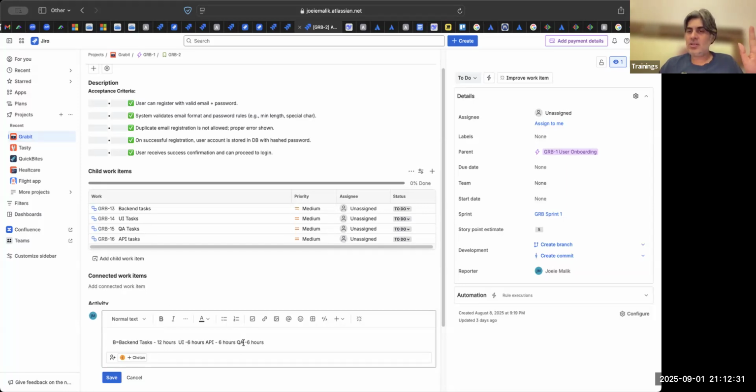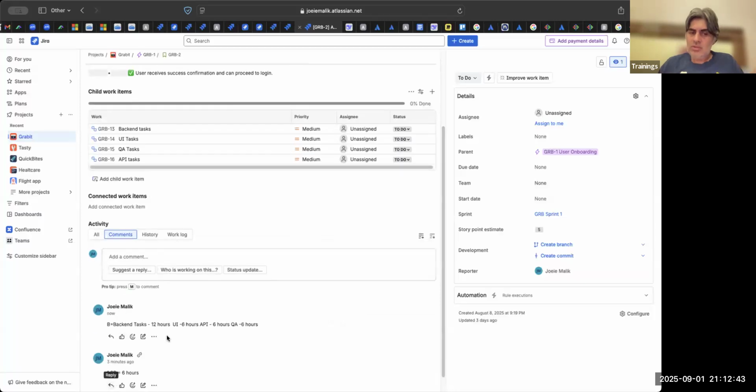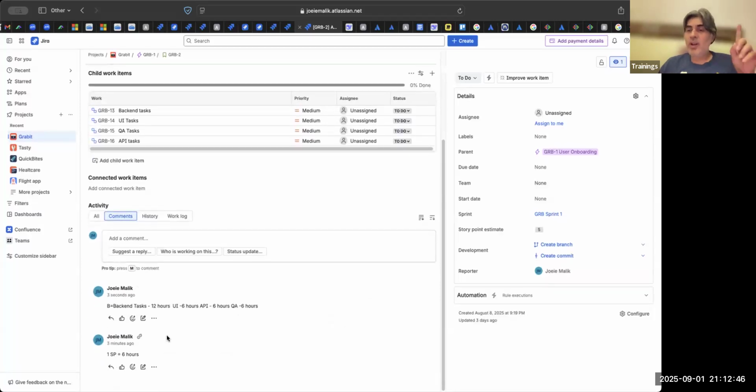6 hours is 1 point, so 30 hours is 5 points. This is a 5 pointer. So this could be 34 hours also. In that case, see, your 8 pointer is your 48 hours. So if it is between 30 to 40 hours, you can lean on to this 5 pointer. If it is more than 40 hours, in the range of 40 to 60 hours, then you could say it is an 8 pointer. Something like this you can do.